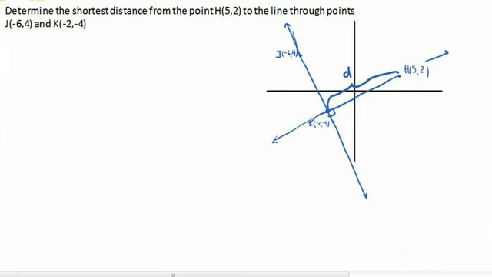So to help me visualize this, I'm going to start by giving some labels here. I'm going to call this line L1. I'm going to call this line L2. So let's start by finding L1. So L1, of course, has the form y equals mx plus b. And I need to first find m. So the slope of L1,